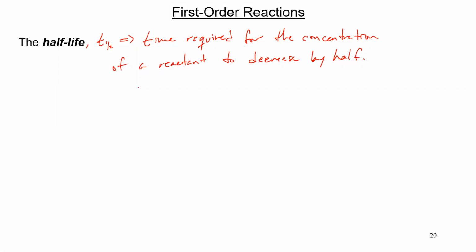And so in other words, T, our time in our reaction, is equal to the half-life, T 1/2, when the initial concentration, or sorry, when the current concentration is equal to that initial concentration divided by 2. Right? And so we can think about that a little bit and say that